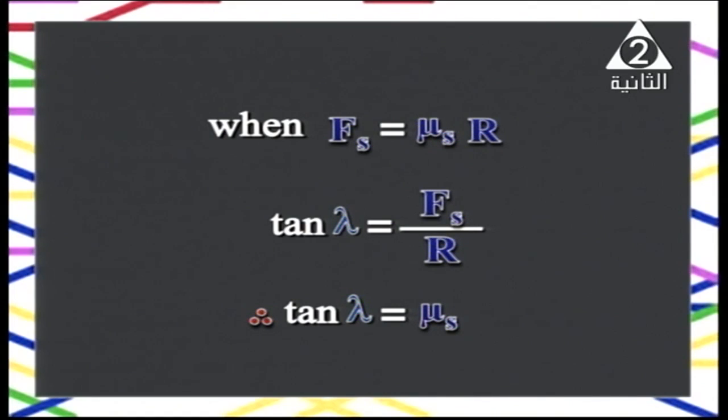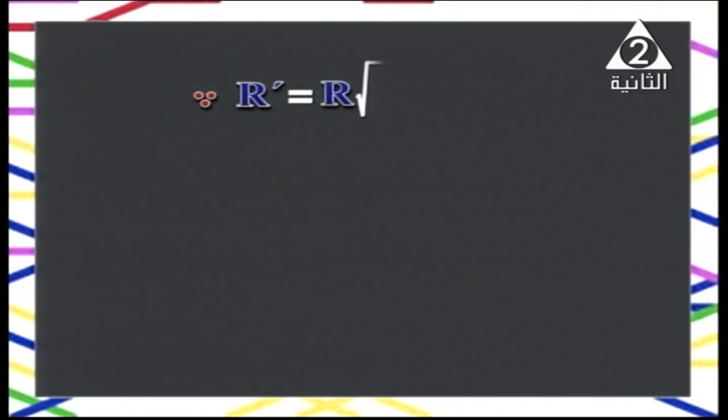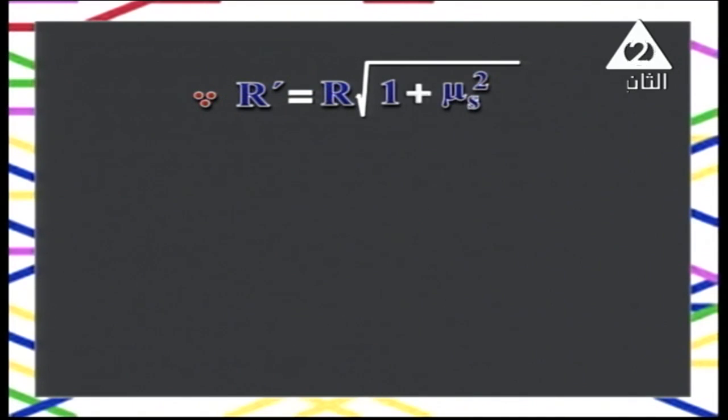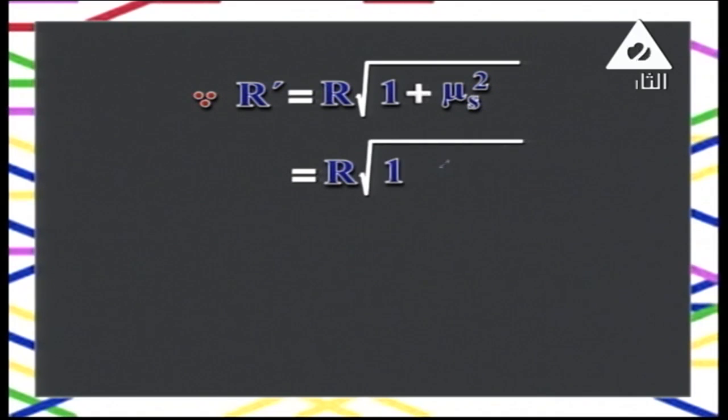My dear student, by substitution, R dash equals R multiply square root of 1 plus mu s square, which equals R multiply square root of 1 plus tan square lambda. Why? Because mu s square equals tan square lambda. Then